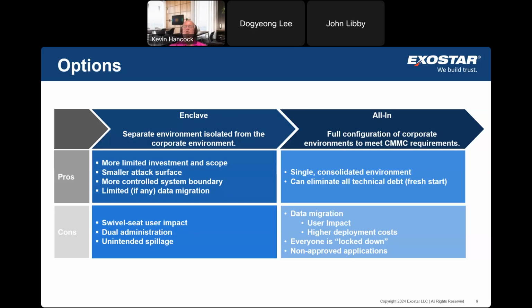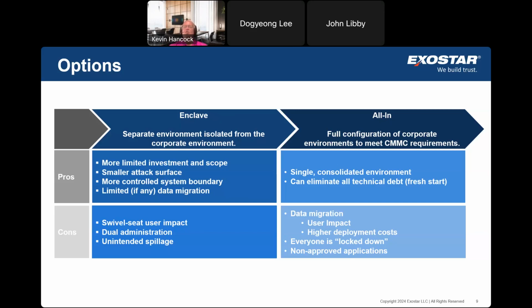Now, you can also say, look, the majority of my business or all of my business is part of my DoD contracts. That's what my business is dedicated to. Everything we do is part of that. So it makes more sense for me to consider everything in my enterprise as that one environment, and I want to encompass everything in that as my system. And if that's the case, that's great. So you need to think about your overall business as the overall system,